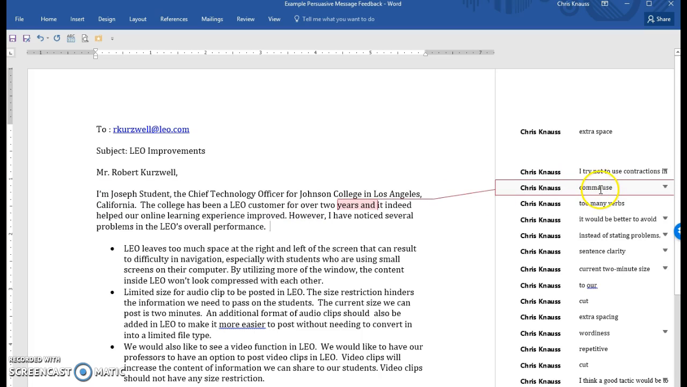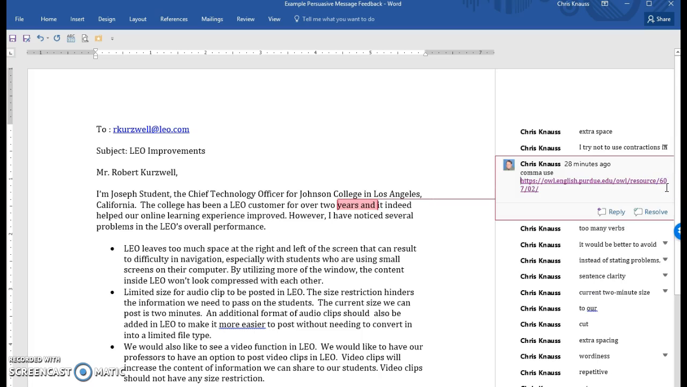Comma use, and this is where most issues come in the academic writing and professional writing coursework, is the commas and punctuations aren't where they're supposed to be. So I highly recommend that you follow the link that I provide when I've reviewed it and found something that could be corrected. And when you get to the link,